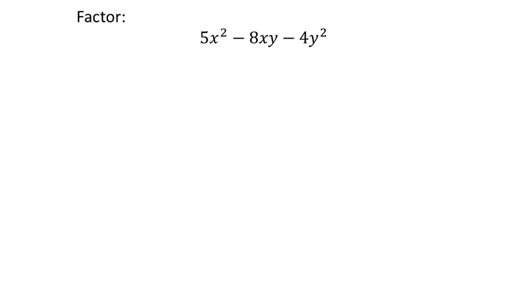Like the first example we had, you could have factored out an x, but if you factored by grouping, it didn't matter that there was an x on all terms. So even though there's xy and then a y, none of that matters. What we're going to do is just go through this process. I take the leading coefficient of 5, and then I multiply it by the last coefficient, in this case, -4. So 5 times -4 is -20, and what I need is 2 factors of -20 that add up to